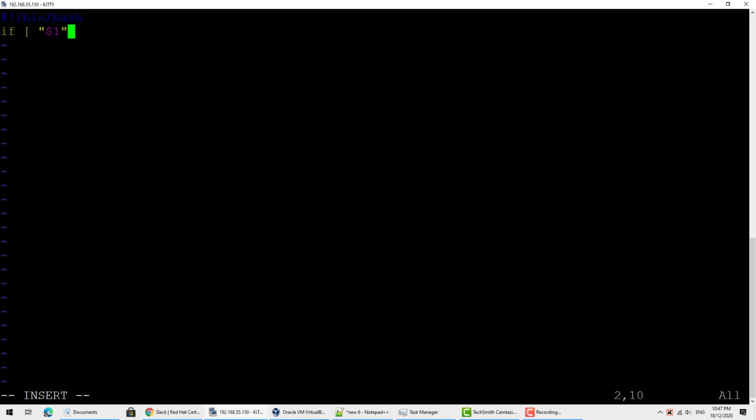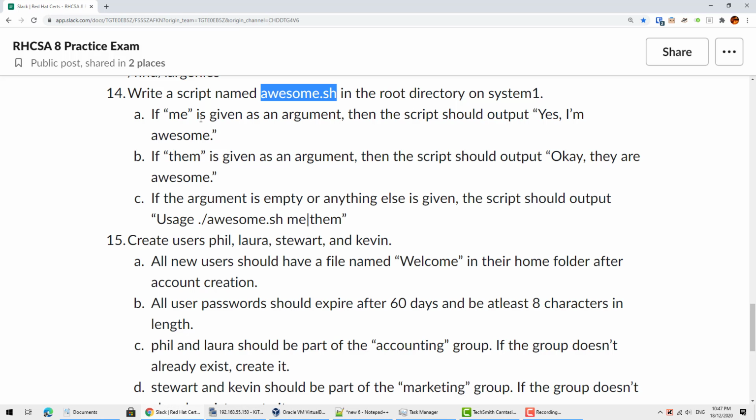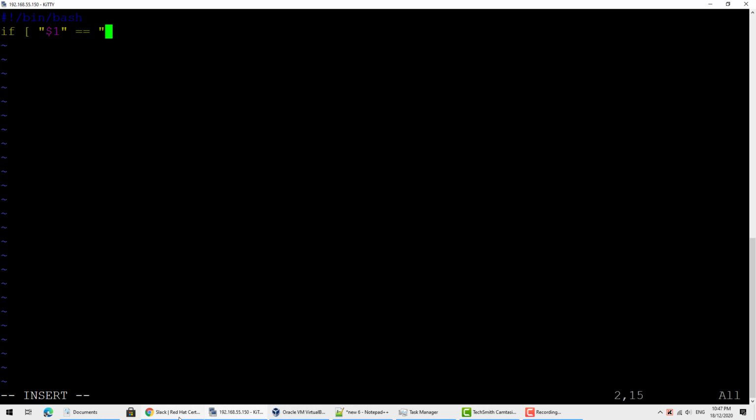We can do $2, 3, 4, etc. to capture all the different ones, and is equal to, I think it was me, okay, is equal to me, close the square brackets,